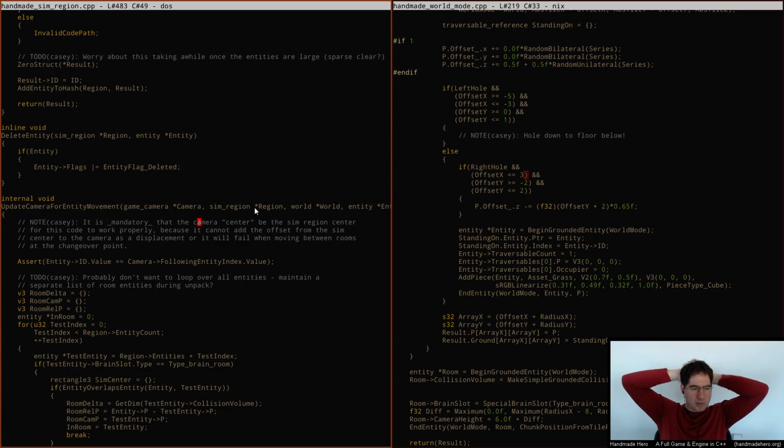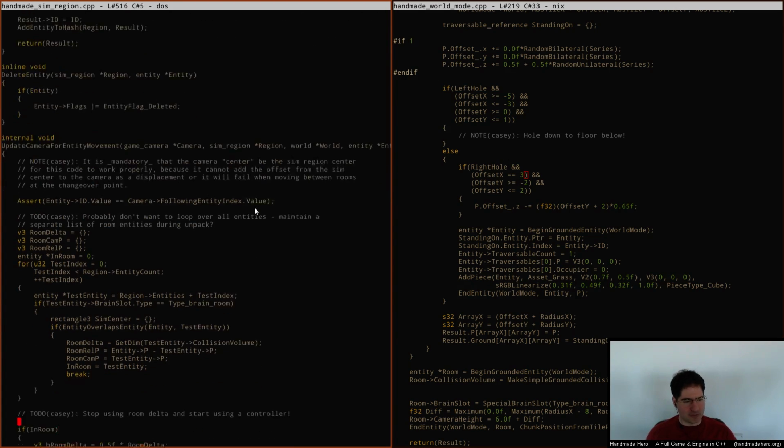For entity movement, what we can do is probably make the camera be an actual entity with an actual brain that updates itself as part of the world update. I feel like that probably would just work, right? At least it seems like it would. Now, maybe it's better to keep it separate, because that means we can run it guaranteedly after the person moves,